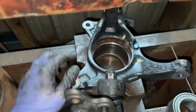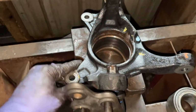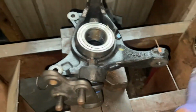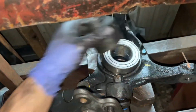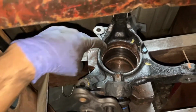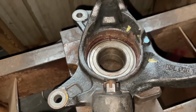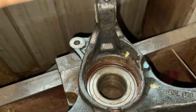Now this direction, because it goes in this direction, as you can see, there's a groove in there. So I'm gonna grease this up a little bit, make our life easier. Put it in like so. With that same 40 millimeter socket, we're just gonna press it in until we get it all the way down flush. And basically, you can tell when you get past a little groove or a snap ring right here. So, almost done, guys. Okay, guys, so we've got our new bearing pressed in there. You can see the groove is showing, so it's pretty much all the way in. So now we just gotta get the